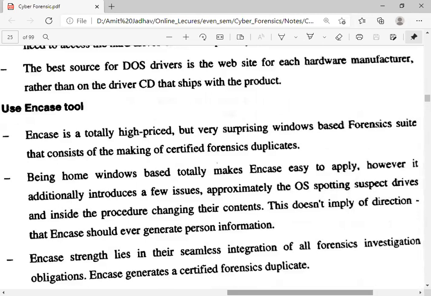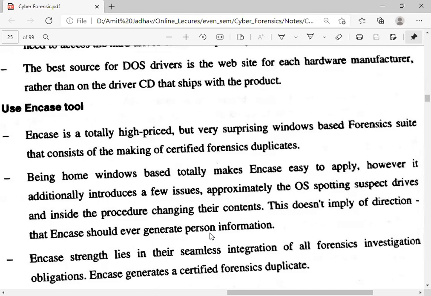So we face some issues there: the OS recognizing the drives and changing the contents in the process. This does not mean that EnCase would generate false information. So whenever we use the EnCase tool, we face such problems, and that does not mean the duplication has not been created.